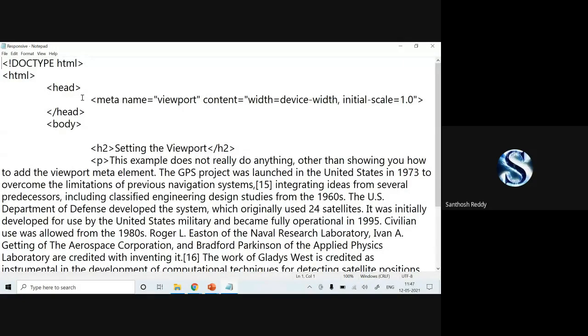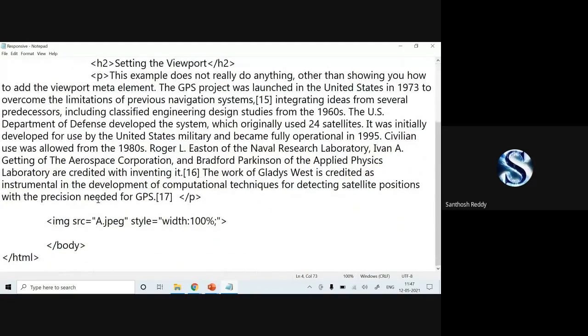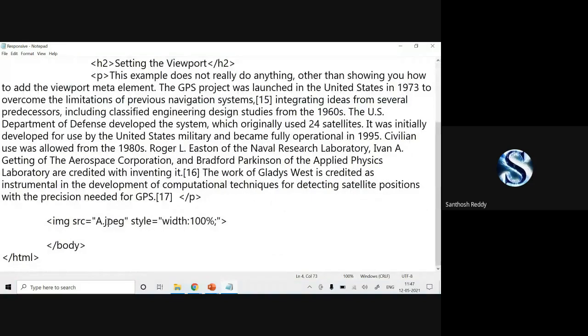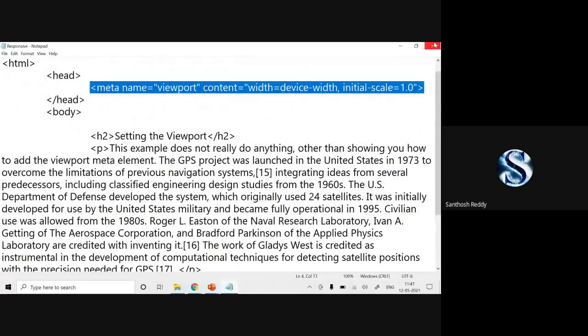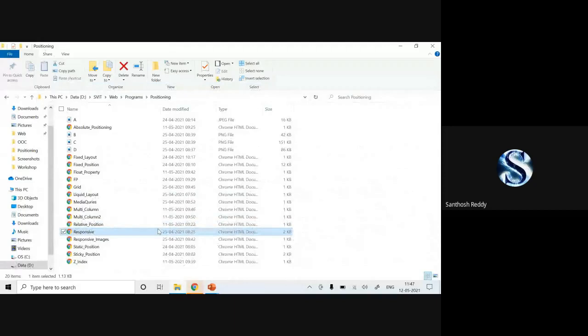Whatever I have explained, this meta tag is placed within the header part. The rest, the body, contains some content with one image. Now I'll run this code. Now you can check it out.